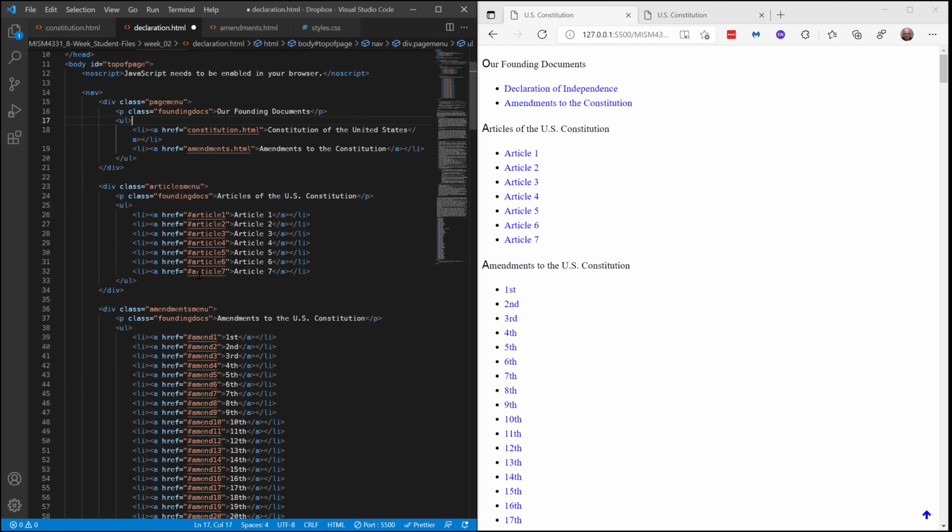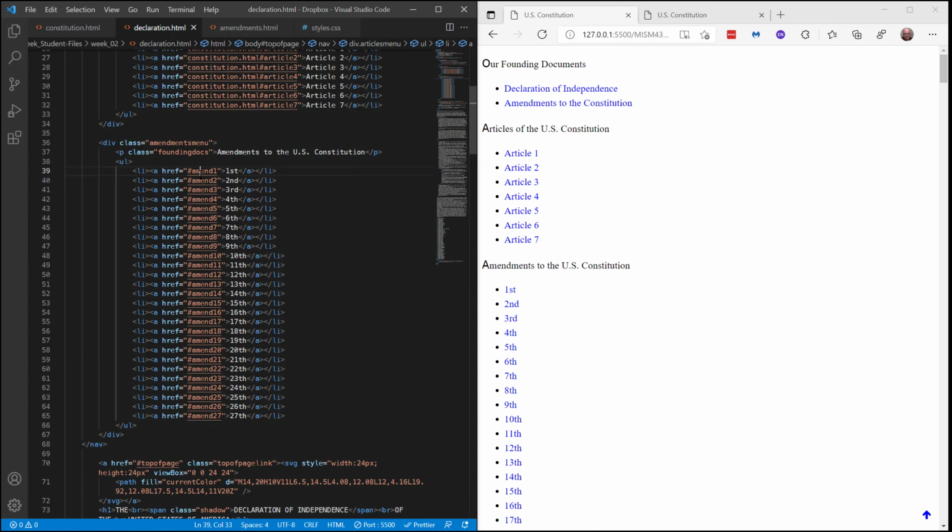and we have the links to each of the articles. But in this case, since we are in Declaration, if we leave our fragment links like this, then when somebody clicks on it, it'll never go to the Constitution file because we haven't told the browser in declaration.html that those links are found in a different file. So again, I'm just going to select an area that I know is unique and Control D to each of those 7, right arrow, come over inside the opening quotation mark, and just type in constitution.html, Escape, Control S,